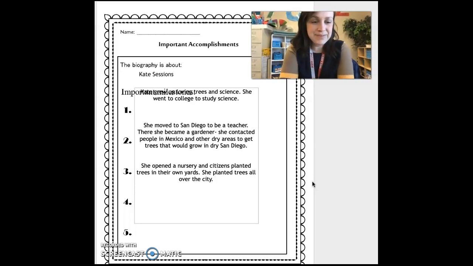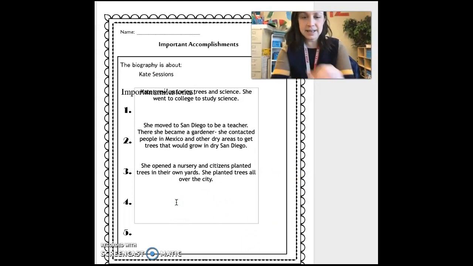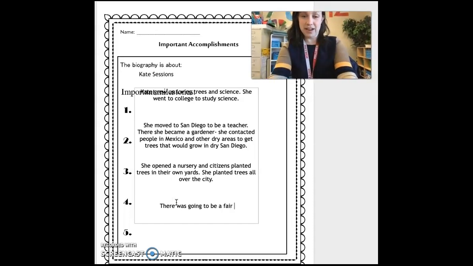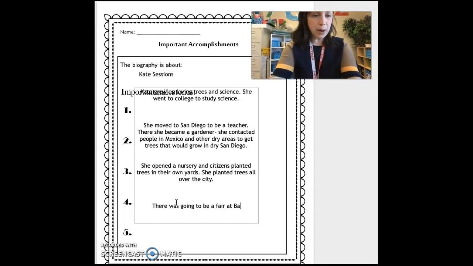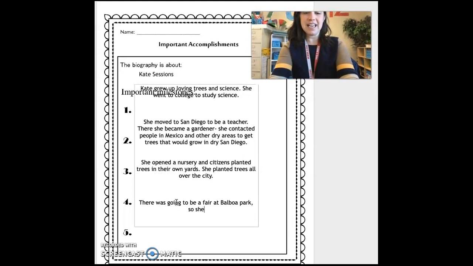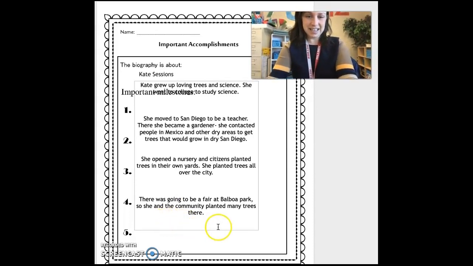And especially in Balboa Park, right? Yes, yes, yes. There was going to be a fair at Balboa Park. So she and the community planted many trees there.